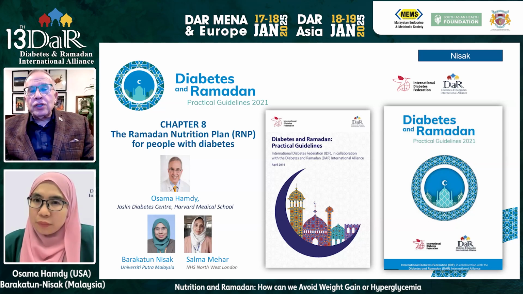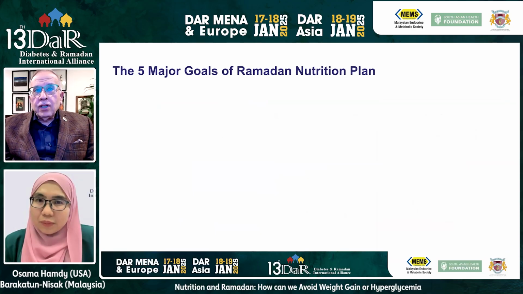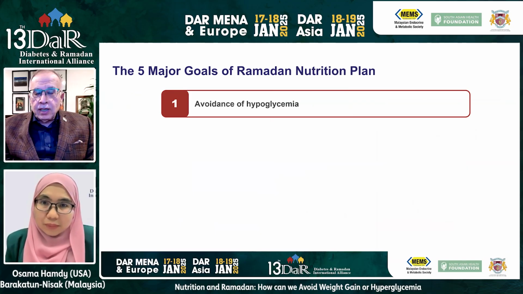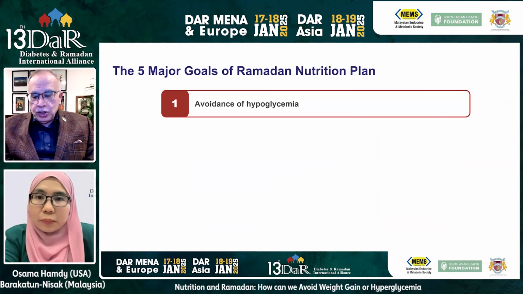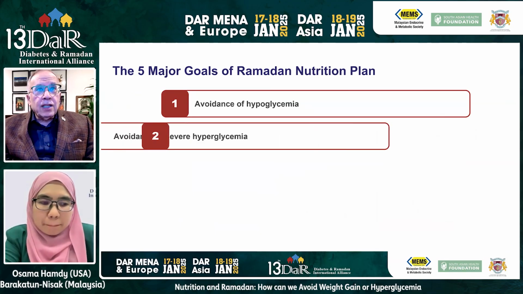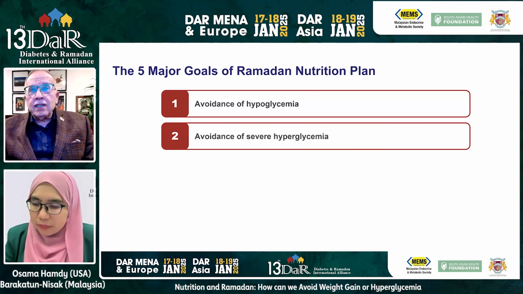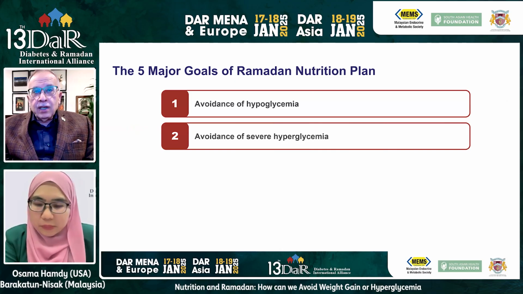And I think we should start from that point. What are the aims of nutrition plan in Ramadan? And in reality, there are 5 major goals of Ramadan nutrition. The first one is to avoid hypoglycemia. You know, people are fasting for longer duration, and especially in a certain area of the globe, it is very, very long day. So hypoglycemia can occur, especially before iftar. The second is to avoid severe hyperglycemia. You know, people are fasting and feasting and eating significant amount of calories and carbohydrates in iftar, so we need